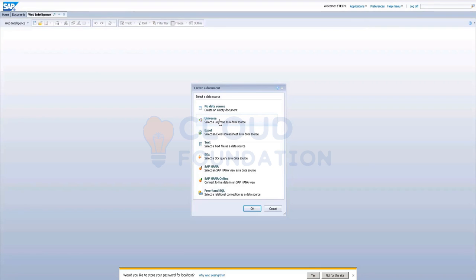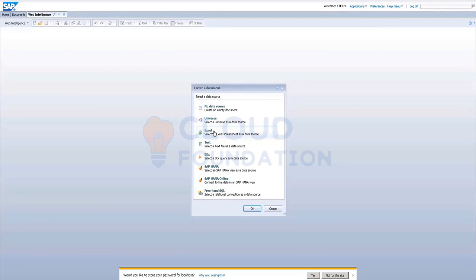We will select what universe we want to create a report on, and we will create a report on top of that. The source can be a universe. It can be Excel, which you have. If you have any Excel data, you can create a Webi report on top of that also. But this Excel should be stored in the repository, not on your desktop.